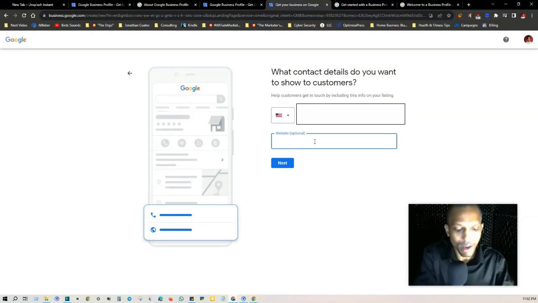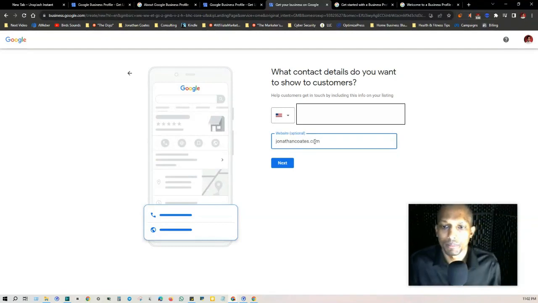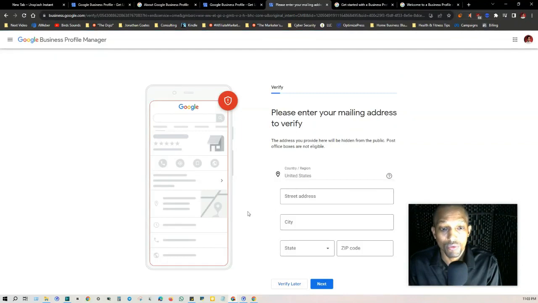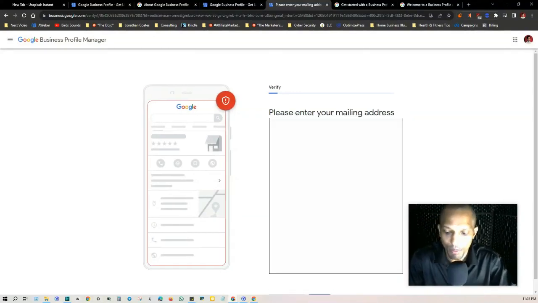And then I'm going to put my website in right here, Jonathan Coates, jonathancoates.com. And then click on next. So it's going to ask you to verify by actually putting a mailing address, and you can verify it later, but I'm just going to go ahead and go through this process right now. So I'm going to put mine in,